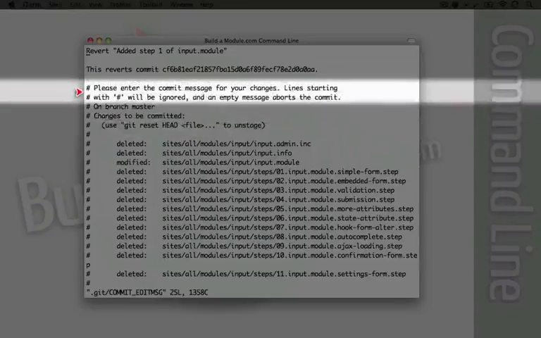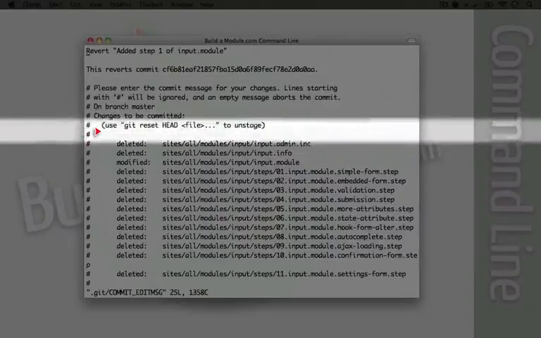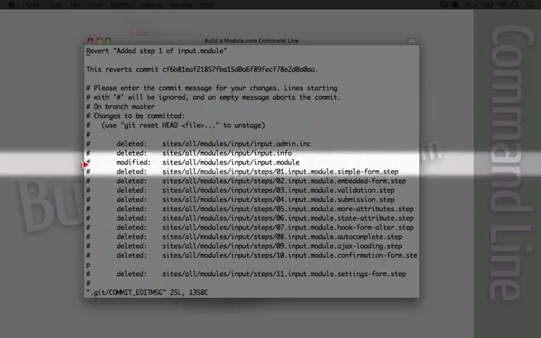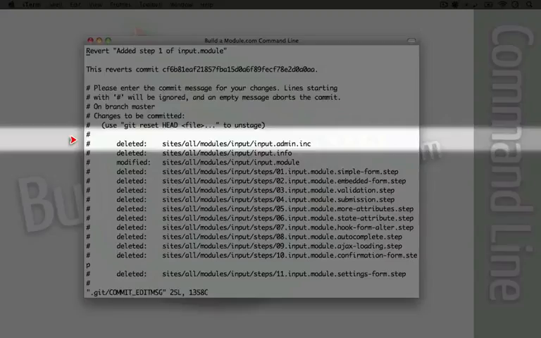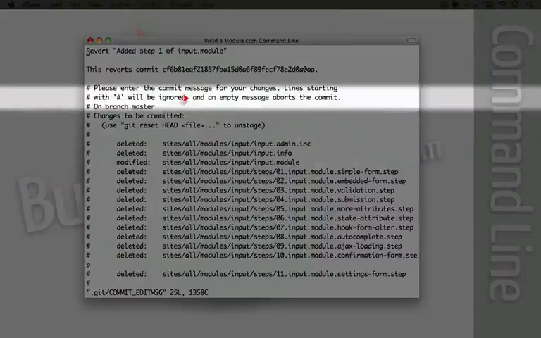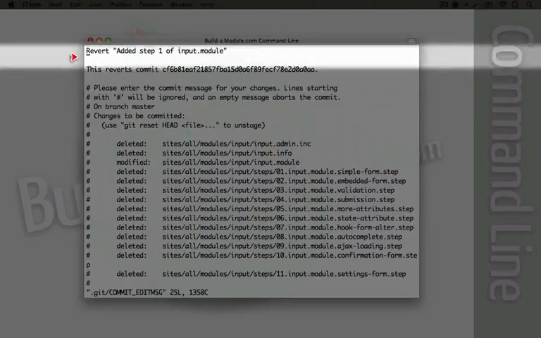So when we make the commit message, all of these will be removed. But this message does two things for us. First of all, we can remove these hashtags if we want to add this content to our commit message. For example, if you want to specify that certain things were deleted or modified, we don't have to type it all out manually. We can just remove the hashtag. Secondly, it gives us an indicator of what happened in this commit. So if maybe we're making a mistake, this is one last stage we go through in order to validate it. Now, if we have made a mistake, notice that there's a message here that says an empty message aborts the commit. So if we removed all of this and then saved this file, then the commit would be aborted.